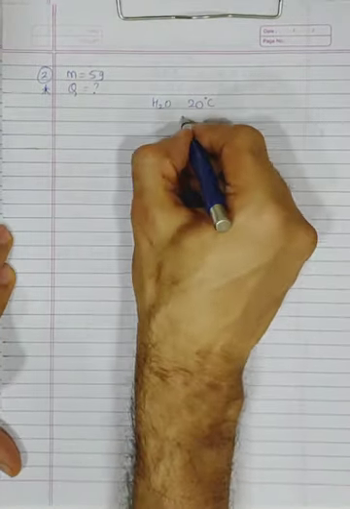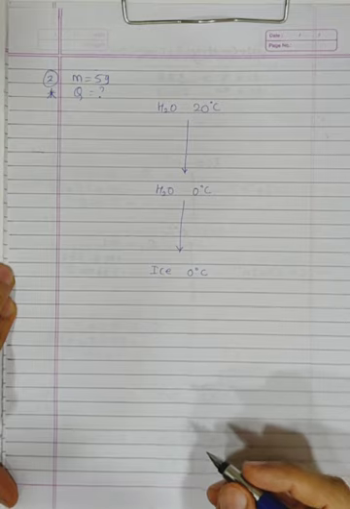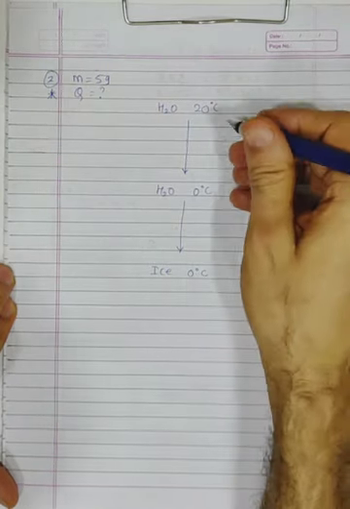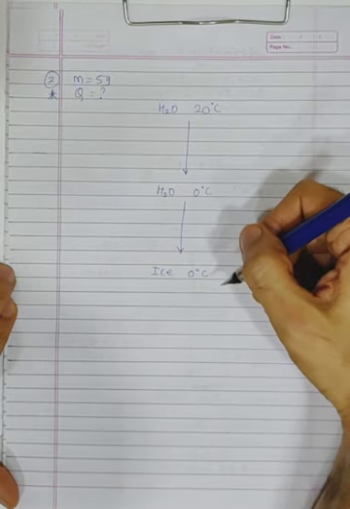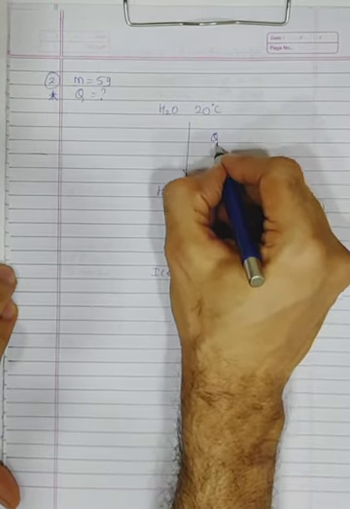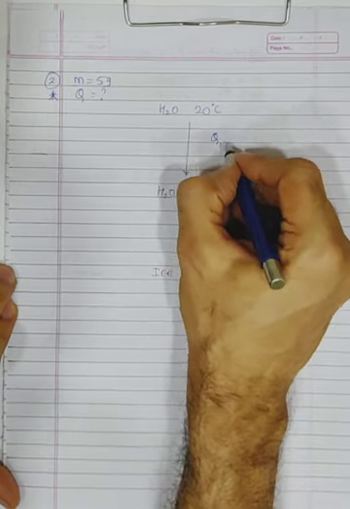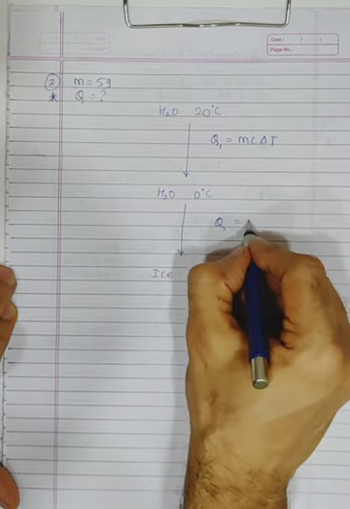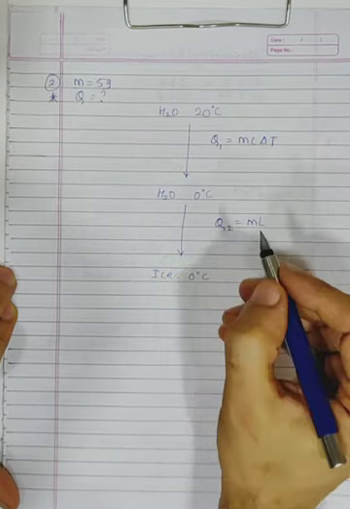Now this is a reverse chain. Earlier we were going from ice to water, now we are going from water to ice. It doesn't make any difference for us to solve this problem. So our calculations, your methods and all, everything remains the same, except that here we are going to remove the heat. That's the only difference. So what would be the formula over here for water 20 to ice 0? We are going to use mc delta T. What are we going to use for water to ice? ml. So change in the states will be what? ml.